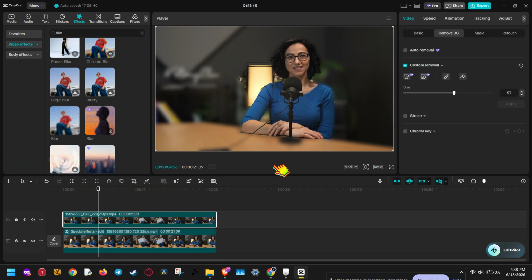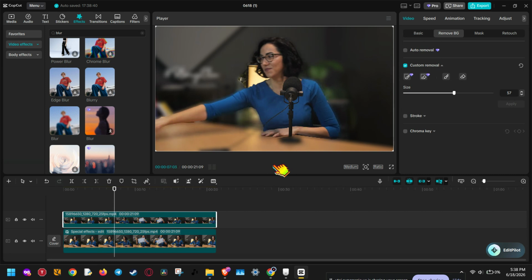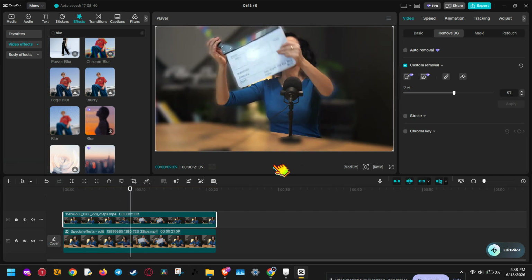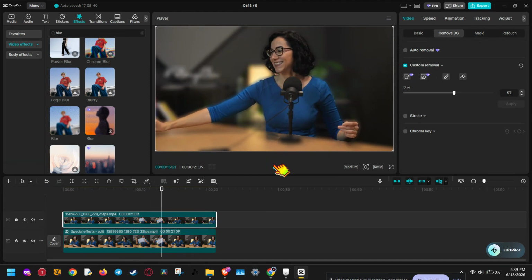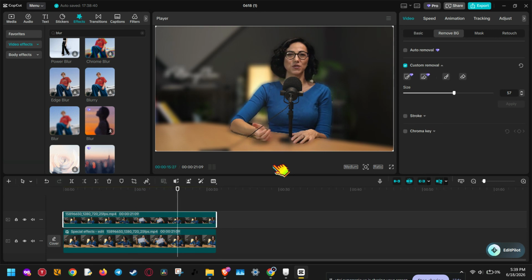So that's how to blur a video background in CapCut using a simple layered edit. Duplicate the clip, remove the background on the top track, apply blur to the bottom track, and then adjust the strength until it looks natural. This is a great technique for talking head videos, product clips, tutorials, and short-form content where you want the subject